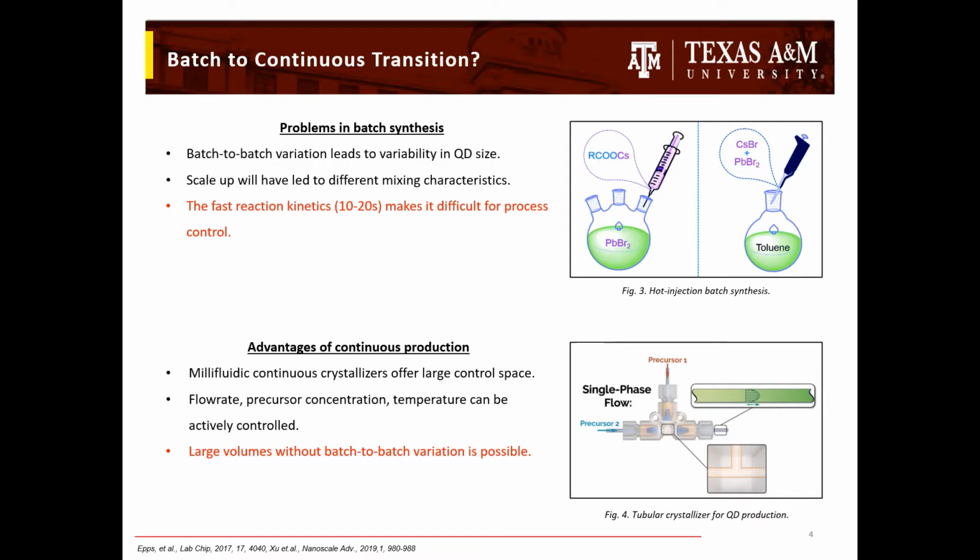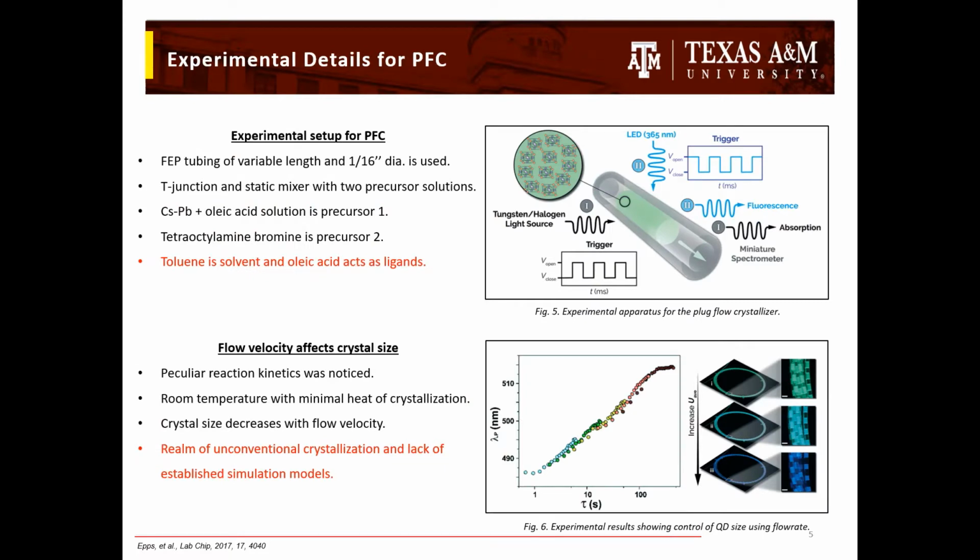On the other side, if you try to do a continuous format of the process, you can control the crystal size very effectively by manipulating the flow rate, the precursor concentration, temperature, and so on. Also, because of the continuous nature, there won't be batch to batch variation, and you can have large scale production. My collaborators and I tried to do this as a proof of concept by using a plug flow crystallizer,